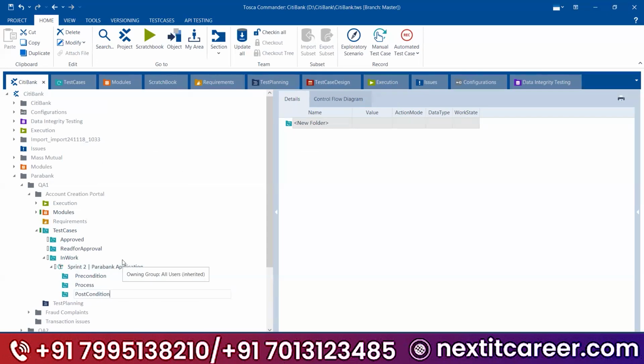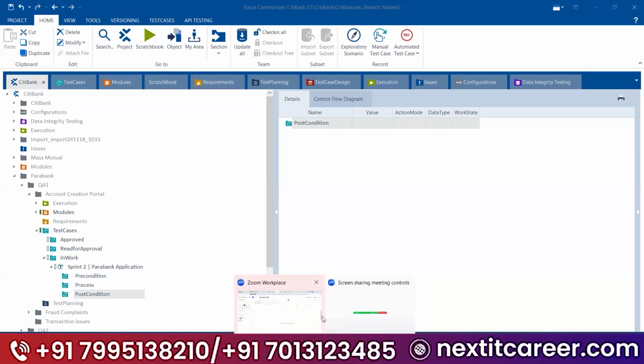Okay. So what you need to do? You need to have precondition. One minute. Precondition, workflow, and post conditions.